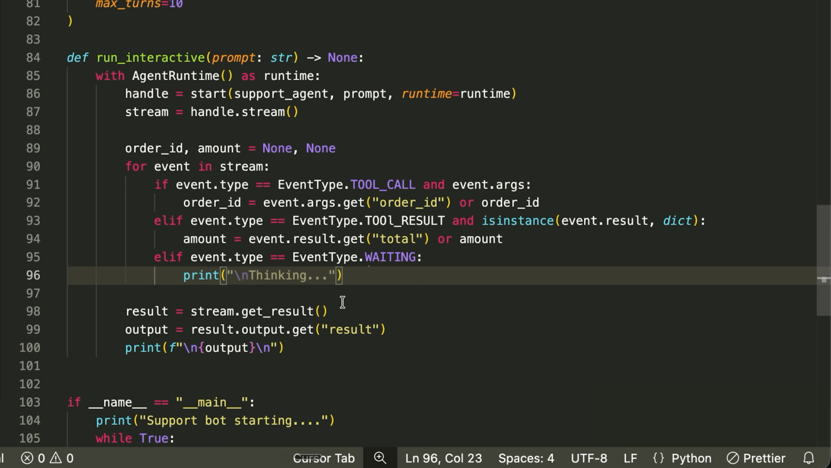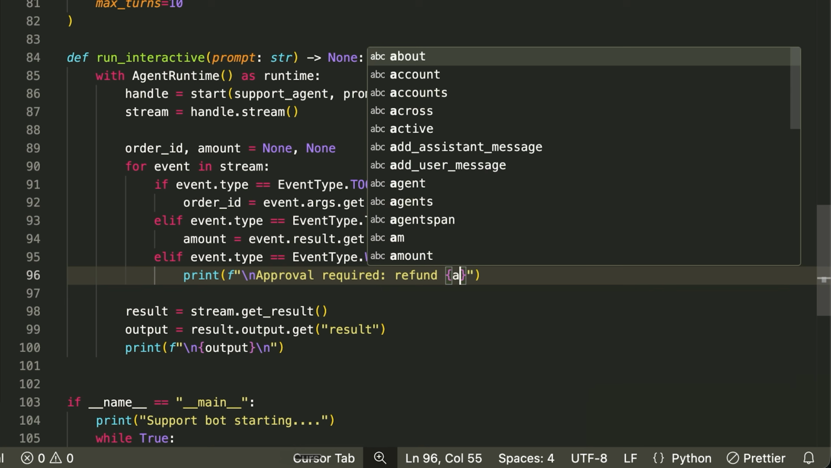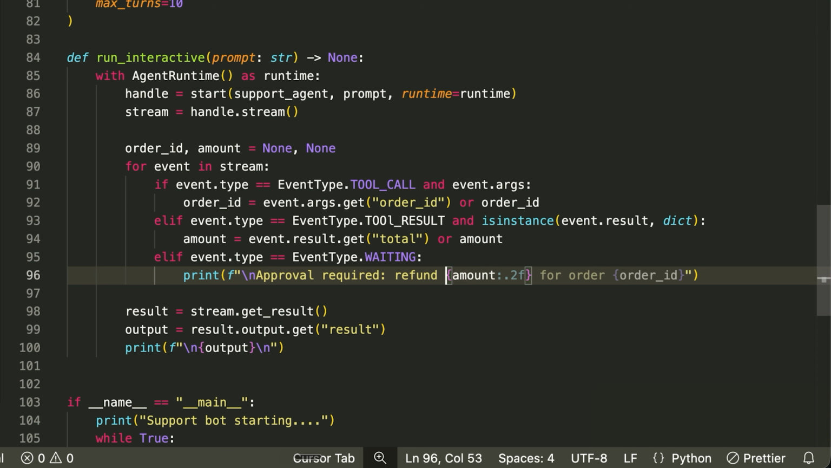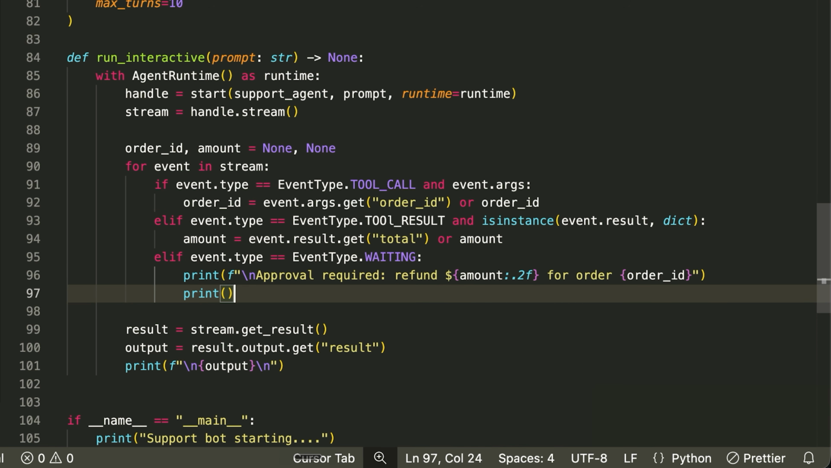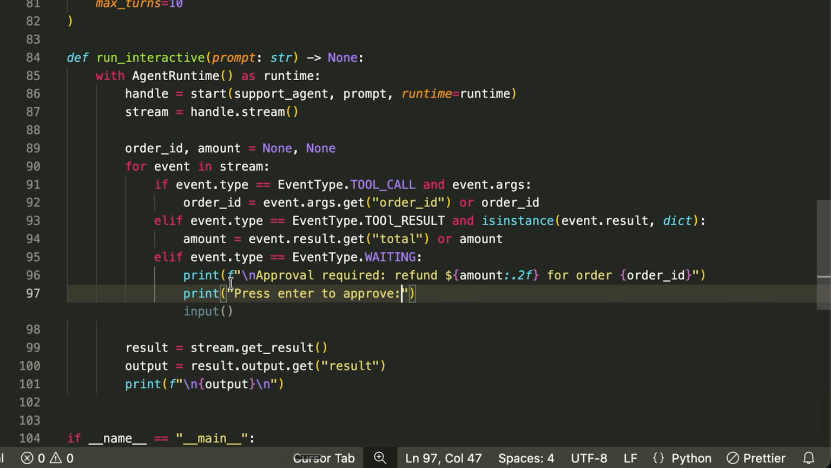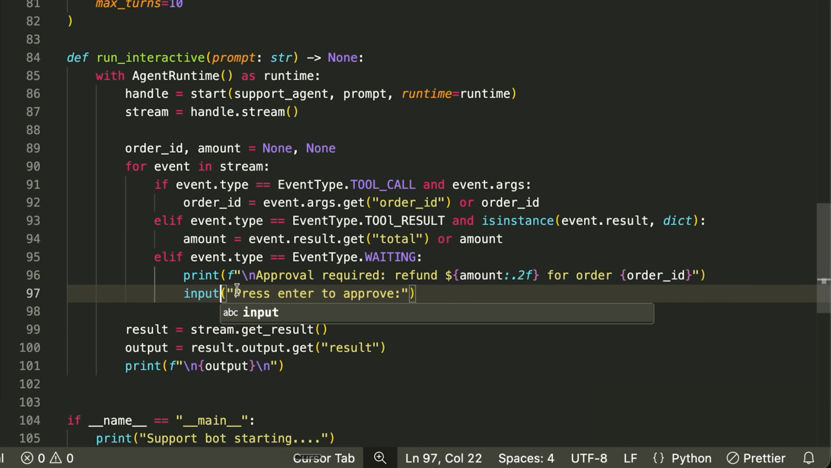So here's how it works. I'm just going to say print, and this is going to be an f-string. I'm going to go \n, and I'm going to go approval required, and then I'm going to say refund, and we'll put a $, like this, amount:.2f for order, and then the order ID, okay? And then down here, we're just going to put a print, and we're going to say, press enter to approve. Technically, you can't actually press anything else, and this is going to be an input statement, so we're not even going to check what it is,